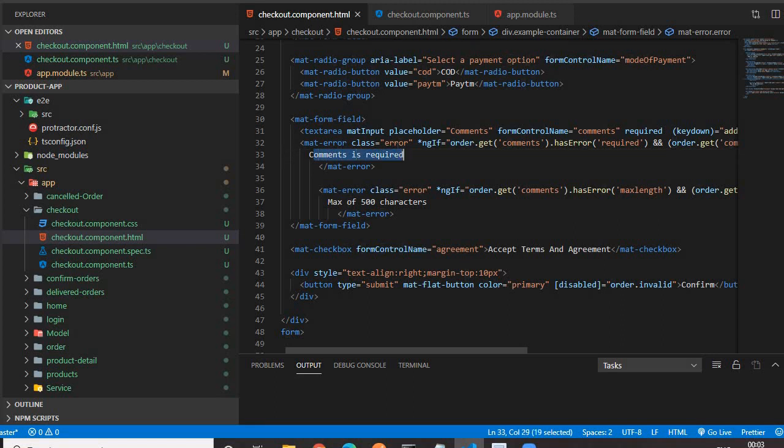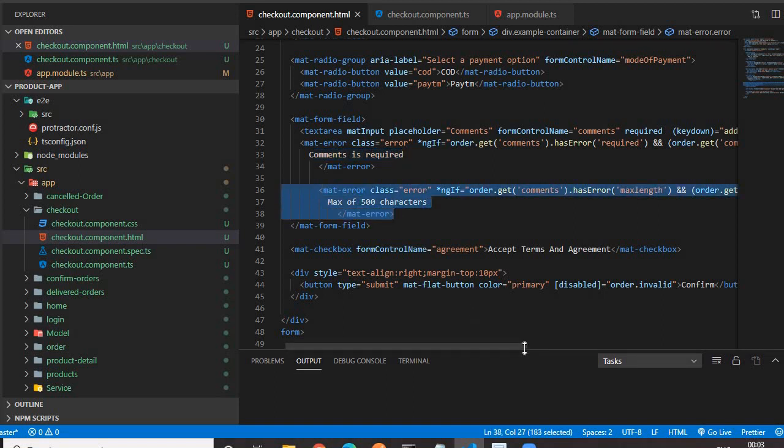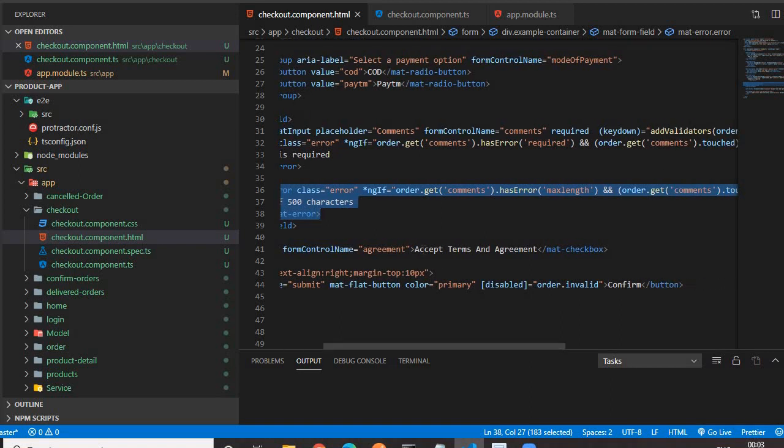Along with the required validation, we have maximum length validation, so we have to write one more mat-error tag in which the *ngIf will be different. *ngIf form group name dot get form control name dot hasError, same up to here. Here we are using required for required validation. Here we are using maxlength for maxlength validation. If you want to use minlength, we have to use minlength.